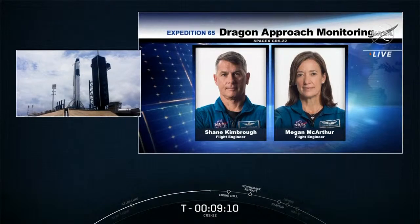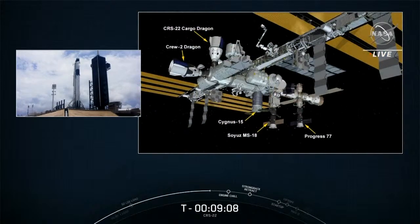And once Dragon arrives to the station, it will dock to the Zenith port on the space-facing side of the station's Harmony module and will join 4 other spacecraft: Crew Dragon, Cygnus 15, the Soyuz MS-18, and Progress 77. Cargo Dragon will remain attached to the International Space Station for about 1 month before being packed up with critical science and supplies and will splash down in the Atlantic Ocean for that science to be analyzed back here on